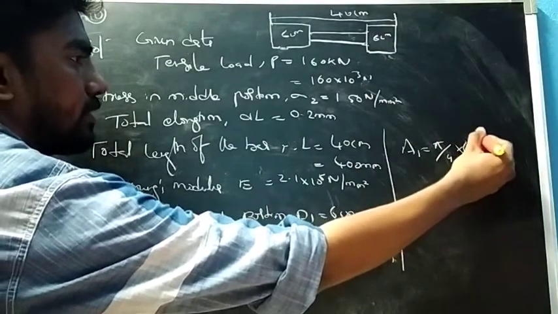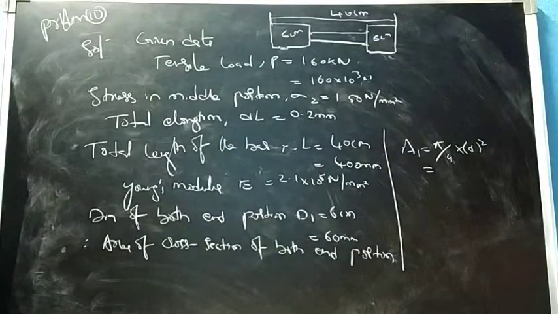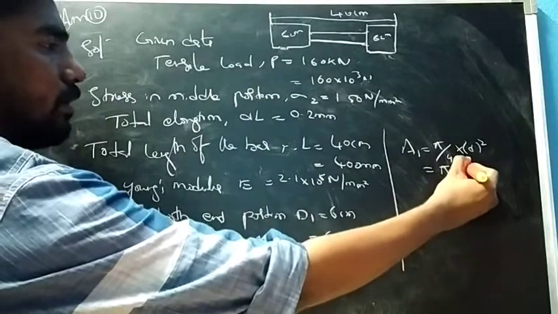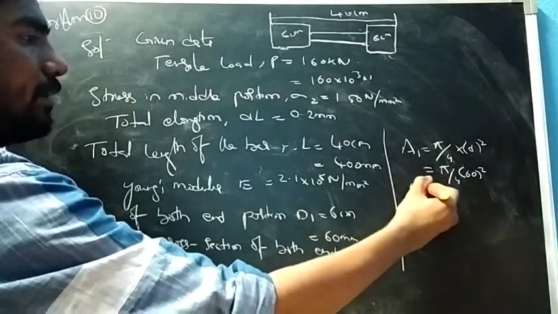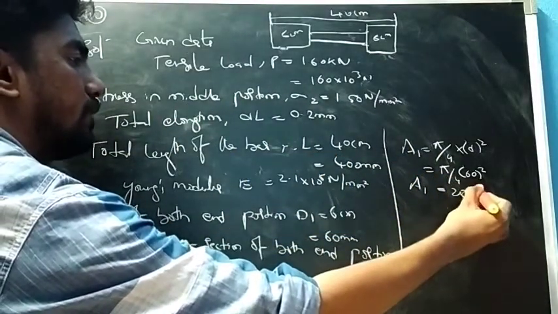So what is D? Here D is 6 centimeters, that means 60 mm. We'll put the value here, and the A1 area will be 2827